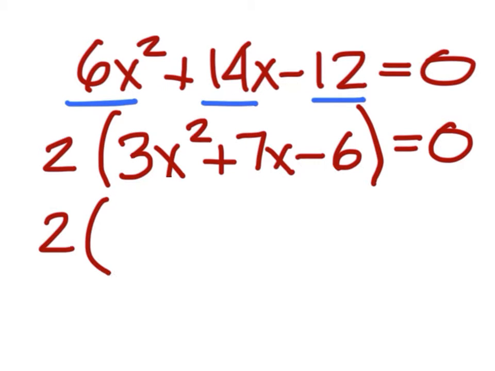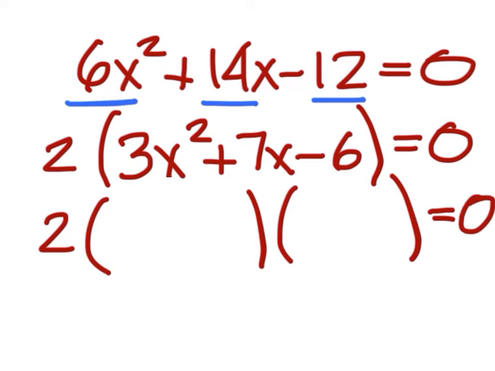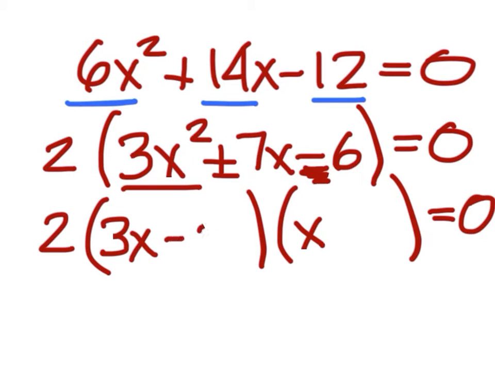Now see if you can factor that quantity like this. 3x and x is the only way you can break up 3x squared. You have plus minus, so your factors will be plus minus. Well, let's see how we can break that up. Looks like we can come up with a minus 2 here, and then maybe a,